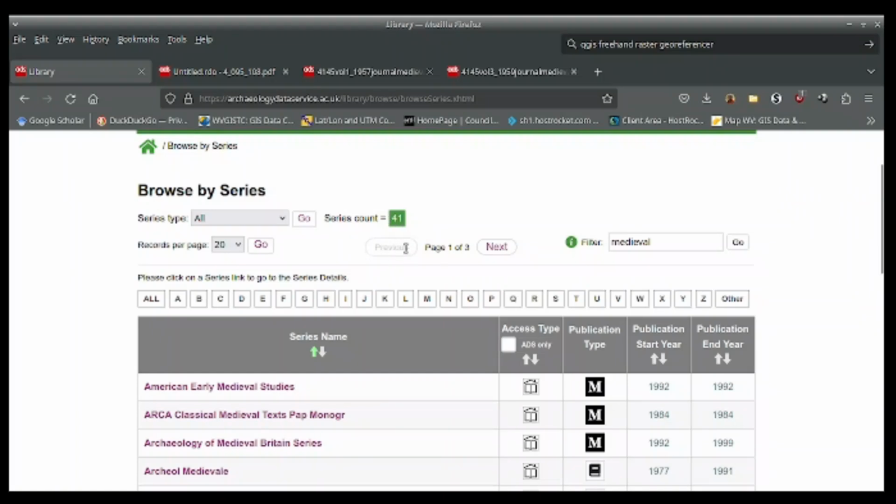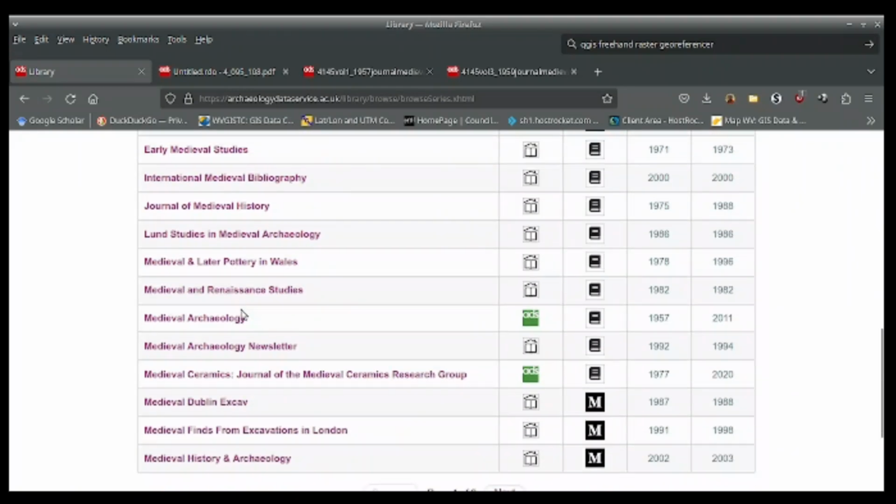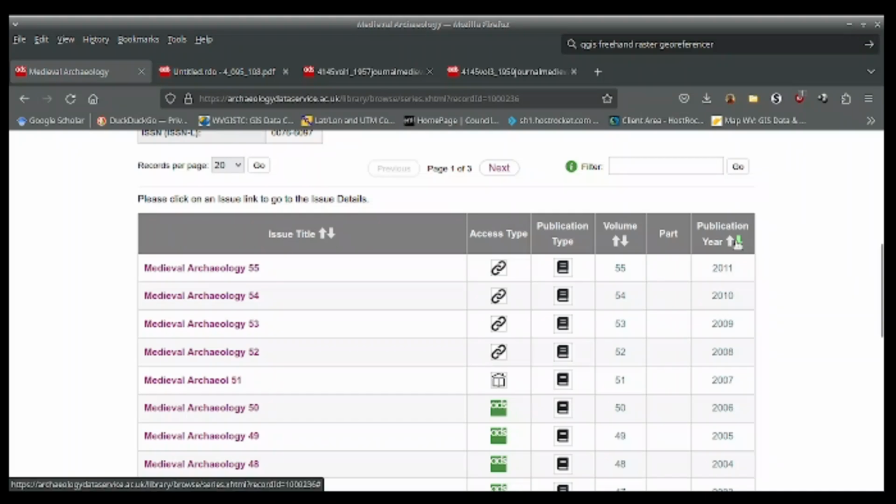We're going to look for medieval, and specifically we're going to go for the Journal of Medieval Archaeology, although you can see there are some others, like the Journal of Medieval History and whatnot, that are also really good sources. And in this particular case, I'm just going to go ahead and sort back by year. I've already done some looking through because I was looking through the older issues just to see what might be